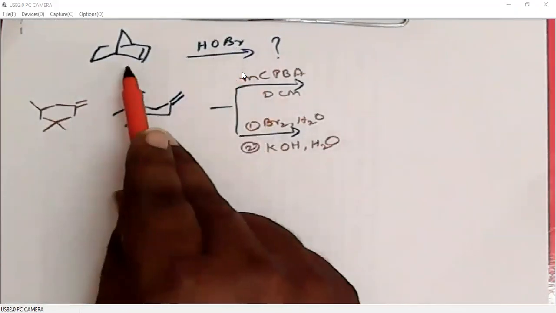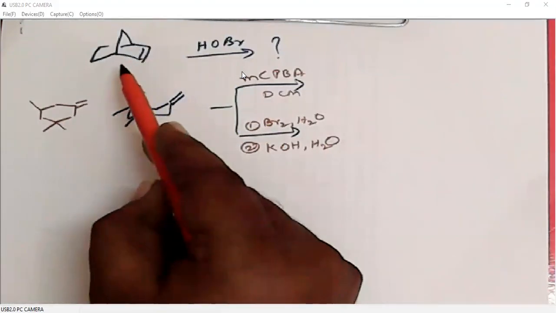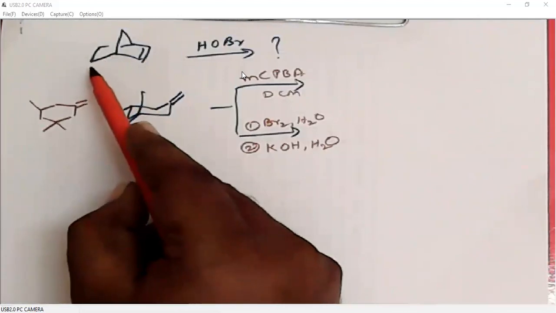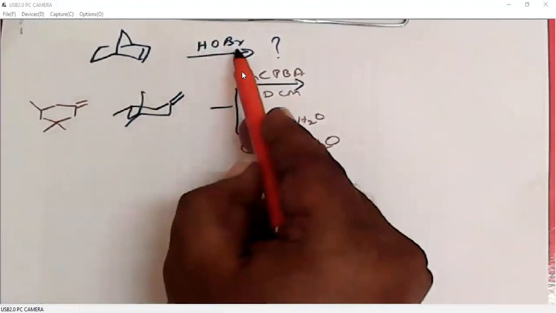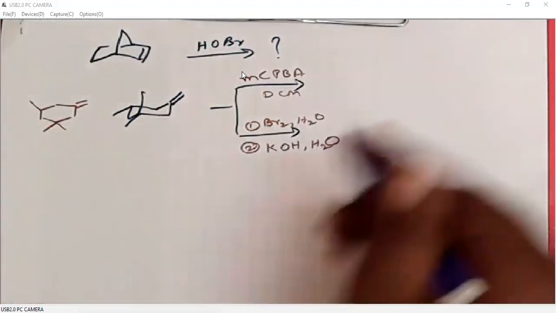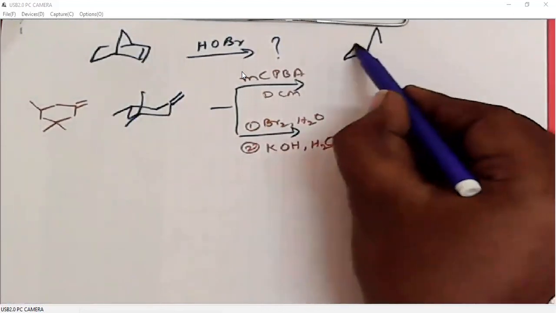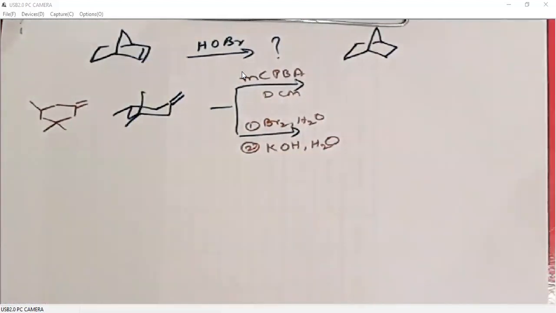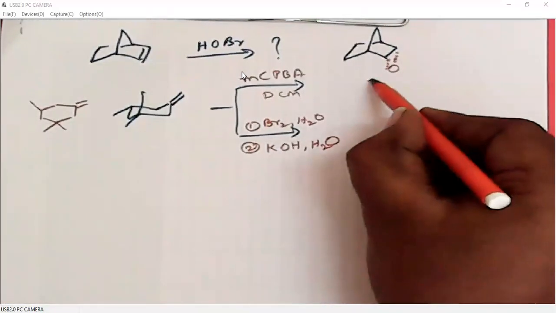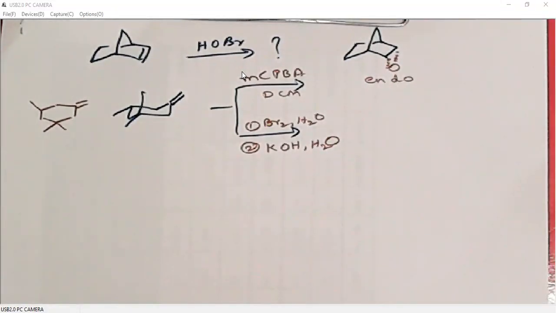When we talk about narcotine, above the plane it is sterically free. Below the plane we will have 1,3-diaxial interactions with the hydrogen. So the bromonium ion forms above the plane. Then epoxidation occurs below the plane. So as I said earlier, epoxidation occurs at the sterically crowded place. You can write that epoxidation occurs at the sterically crowded face.